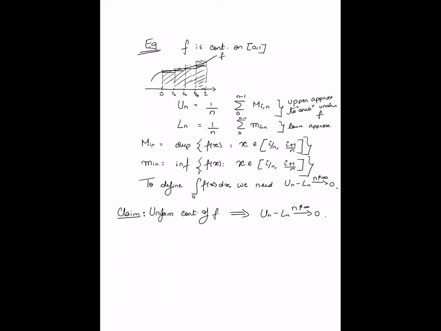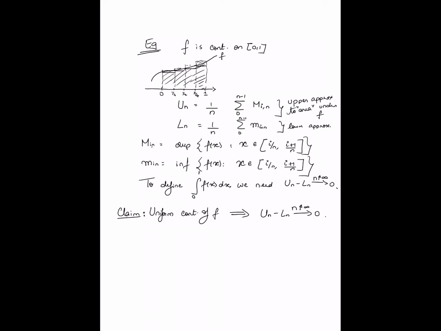Okay, so this entire example is basically set up in such a way that I've defined un, defined ln. The motivation for defining un and ln is in order to go about defining the integral of the function. Okay, that motivation will become clearer later, but the precise claim I'm making is the following, that the uniform continuity of f over the interval 0, 1 in fact implies that un minus ln actually goes to 0 as n goes to infinity. Okay, so this is my claim, right? And hopefully it provides some motivation for why uniform continuity is important, because if you want to define the integral, I need this un and ln to become basically close to one another.